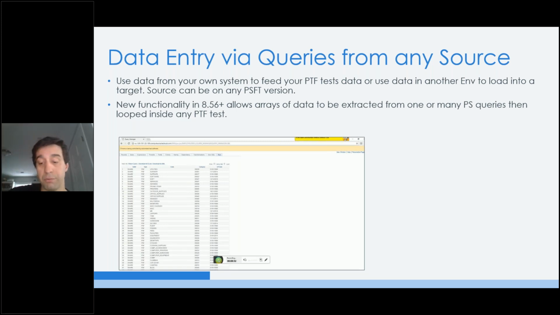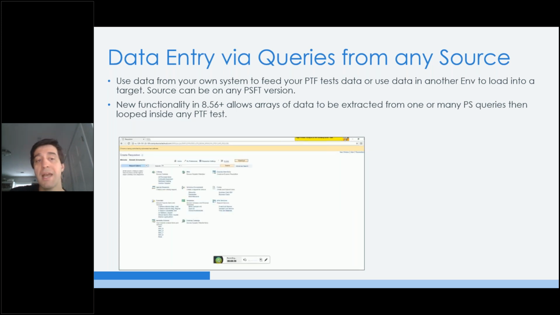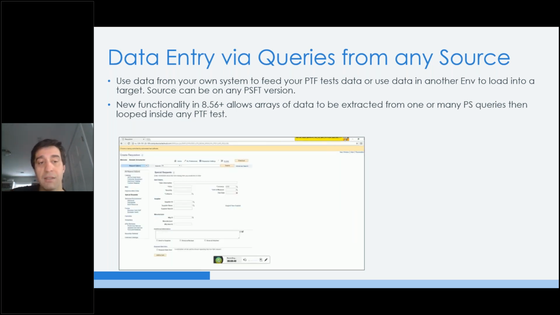If you need just specific data, but you don't want to save the query, you can actually go through Query Manager and build a PTF script that builds a query for you. You can even build it to add a table to the query security tree, extract whatever data we need based on criteria, and then just never save the data. Extract it, put it in an array somewhere, and then start using it up. In this instance, it's actually creating requisition lines, and what I did in the query is give me all the active categories, nothing that's inactive, but everything that's active, like supplies right there, and just keep adding lines to this requisition